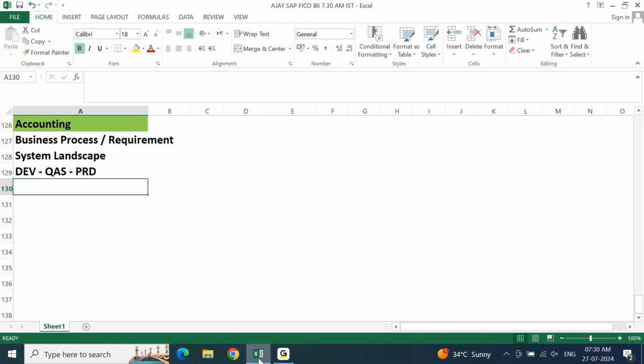When you're clear with these fundamentals, automatically you'll be aware, okay, this is not the way that I have to work. This is not the way I need to manage. I need to manage in a different way. I need to work in a different way. Accordingly, you need to handle your work. Else, this is going to be really difficult. I may be sounding negative. I may be creating fear, but this is the fact.